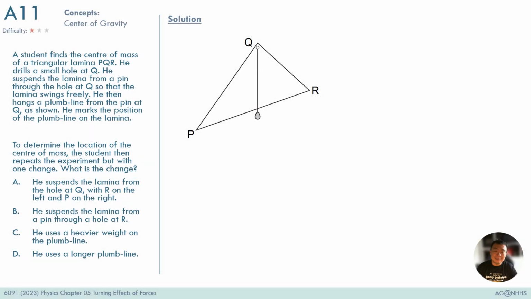This is a pretty simple question. And you need to know how we can find the CG of a laminar. A laminar is basically a piece of card, a two-dimensional piece of card. So we also call this the plumb line method. The plumb line is simply just a pendulum that is hung using a string, and the answer to this question